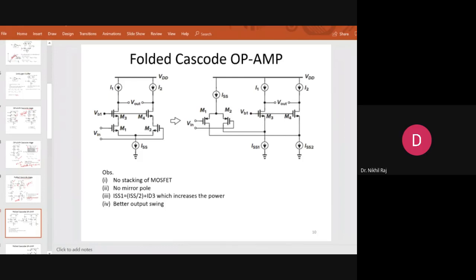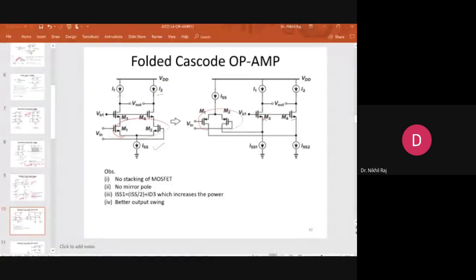Now this is the folded cascode topology. I'm sorry, this is the simple cascode op amp, and if I want to convert it to folded cascode, how will I do it? This input MOS is an NMOS version. I will convert it to PMOS. Okay, and this M3 M4 will be as it is. To bias the M3 M4, we need two current sources. So this is the folded cascode topology. Now in this, the input common mode level is improved in this case compared to this one.